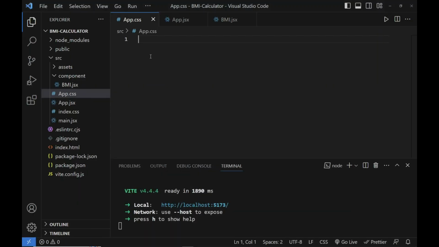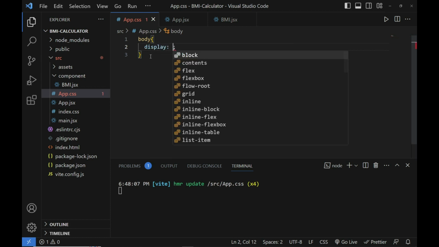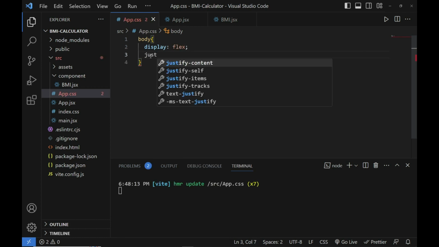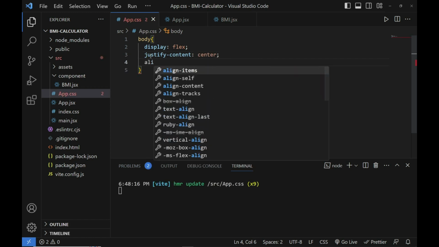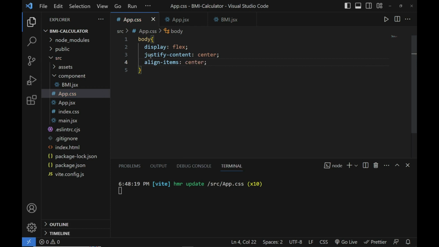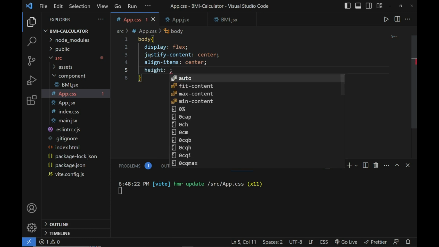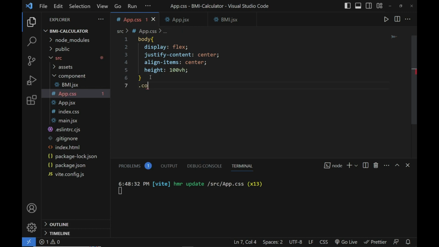So let's start with body, and here I want to say display is equals to flex, justify content of center, align item of center, and because of that I need a height, and I want 100 view height, like so. Okay, then can come back to my container